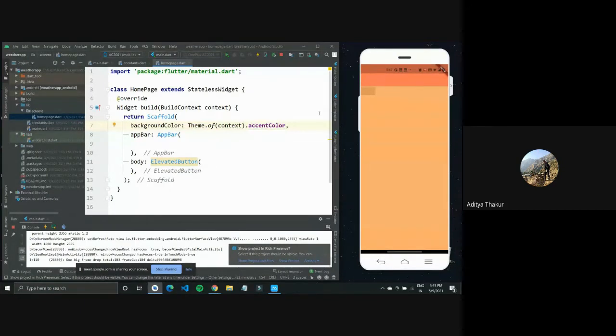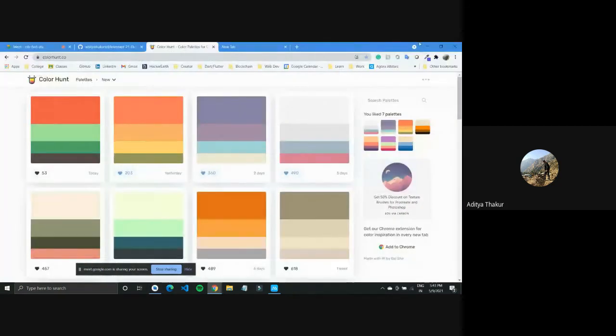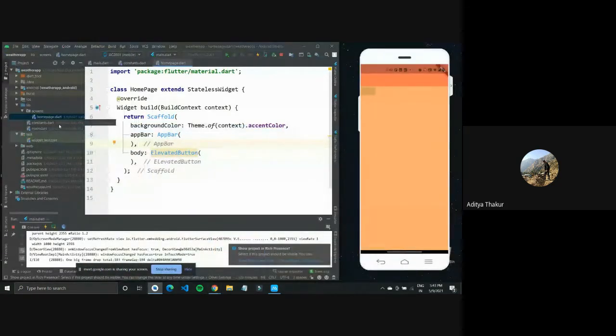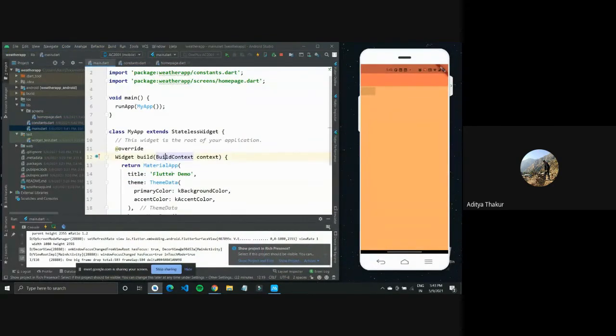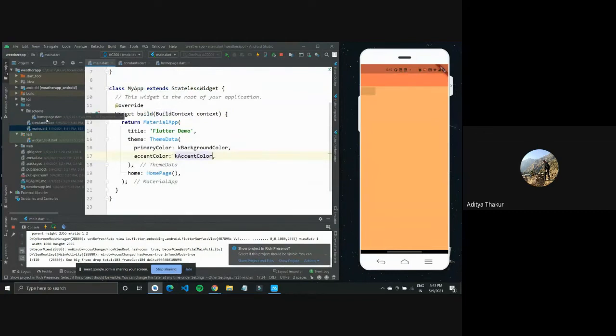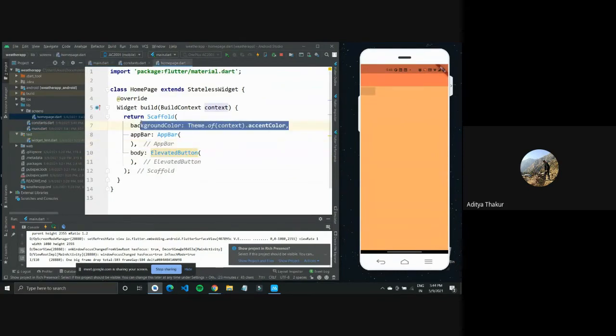And now you would notice that we got the background color for our scaffold, which looks really cool. It is from the color that we saw right here. And on our constant page we can change it later if we need to. Our theme primary and accent colors are defined. So most widgets would automatically get these colors, so we don't have to write them like we did, but we had to write background color because I wanted to show you how to use this Theme.of.